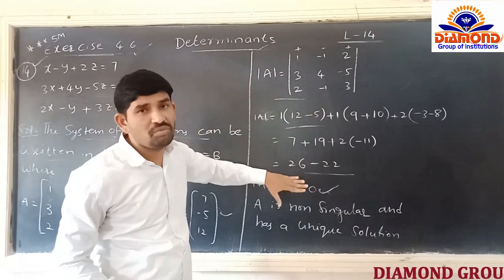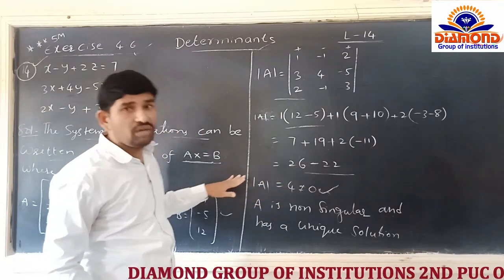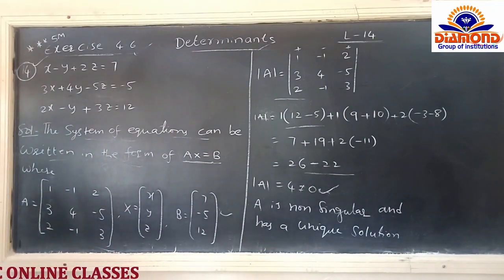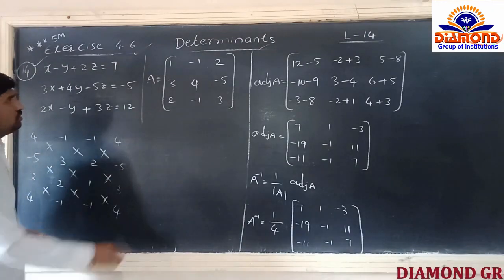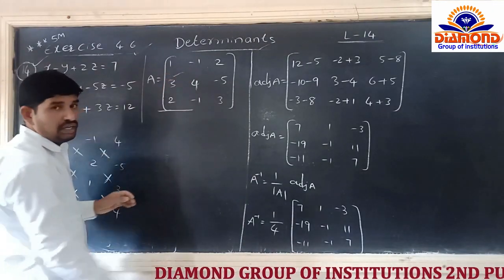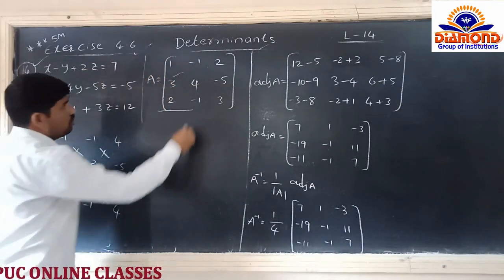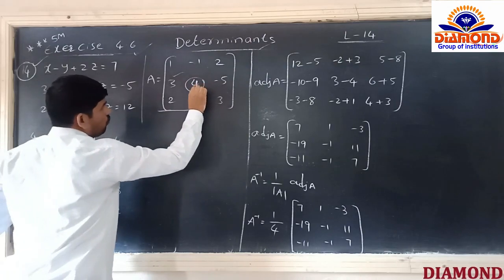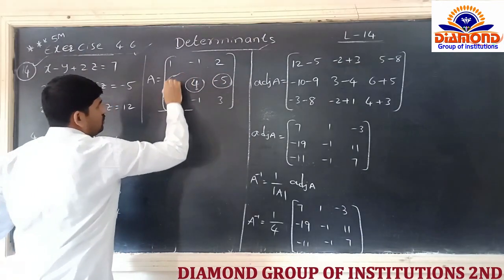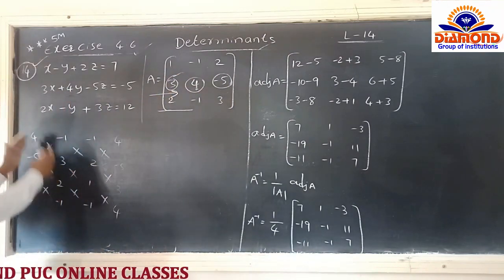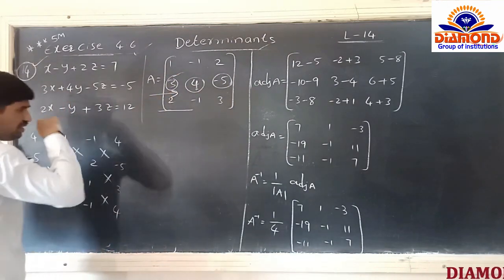Now we can find the adjoint of the matrix. Yes, we have completed the determinant of A, that is 4. Now we can find the adjoint of the matrix. Just I will draw. See, this is the matrix roughly I am writing here. From this matrix only we have to write the adjoint of the matrix. Yes or no? We are taking the middle one, that is 4. Again we write minus 5, 3, 4. But this is the row we are selecting, but we have to write it in the column. Yes sir? Yes or no?